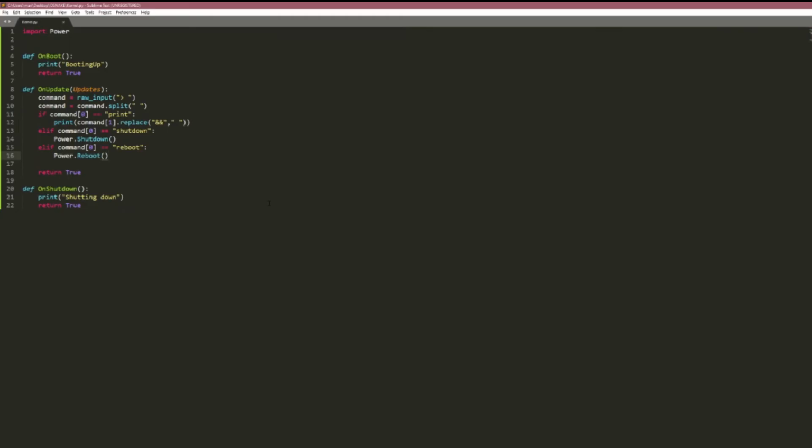I'll blur my screen now, because I don't want everybody to see all I have on my desktop, but I can show you. So now, as you can see, there's my simple kernel.py, import power. I also wrote an extra library which manages power. It wasn't very hard, since Python can execute C++